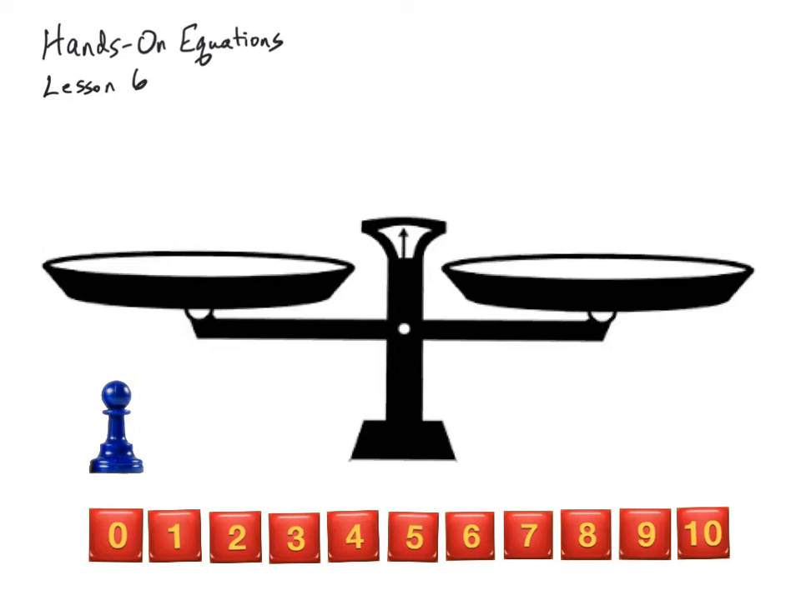This video is lesson 6 of the Hands-on Equations learning system, and in this lesson you will solve equations where you will be applying the distributive property. And at the top of the screen you'll see our first example, and you'll notice that there are parentheses in this equation, and we would read this as two groups of x plus 3 has the same value or equals